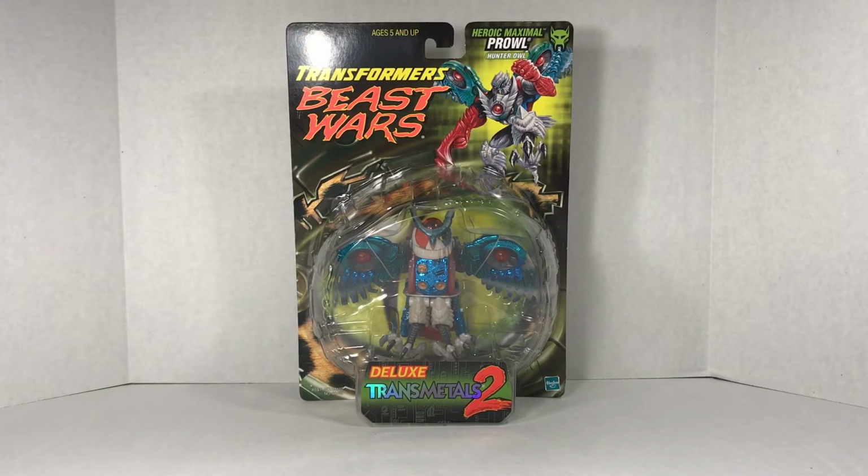So this is one of the figures I got at TFCon this year, and he is one of the few that I still have in package. There are two others that are still in the package, and I wanted to review them in their packaging a bit before opening them, so to make sure I get to actually opening these figures, because I really want to get to opening these figures, I'm going to be reviewing them this week. There's only 3 of them, so I have to figure out what else is going to fill out the week, though I have a couple of ideas,